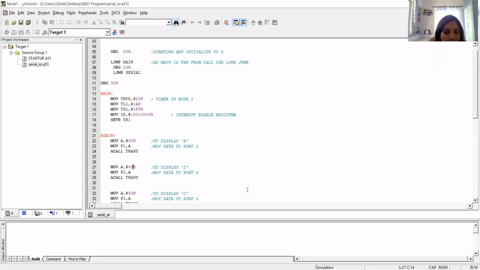Now it is not mandatory, it is optional. If you want, you can add this ISR in your program. If it is asked, then you can add this ISR routine. Without ISR also you can show the execution. But the thing is, if the ISR is added, you should know what memory location is taken by this ISR and how it is used. That's why I'm explaining this ISR program also to you. The execution is the same. You are getting the PICT string only in your serial window. The thing is, here we have included the ISR.